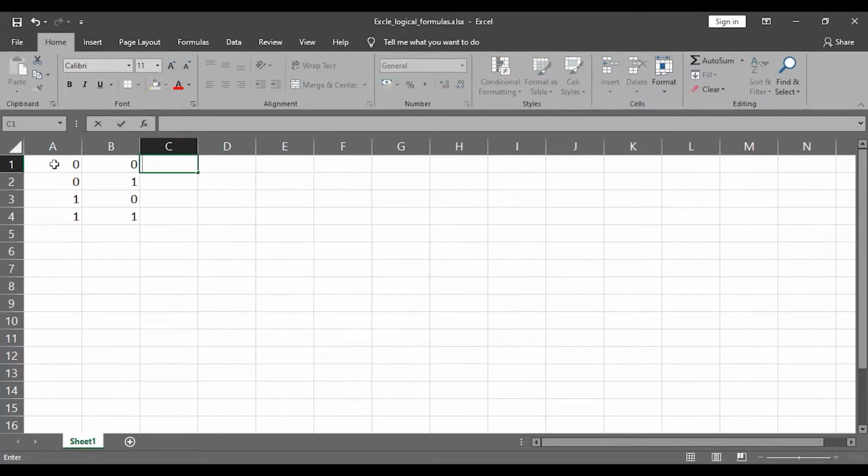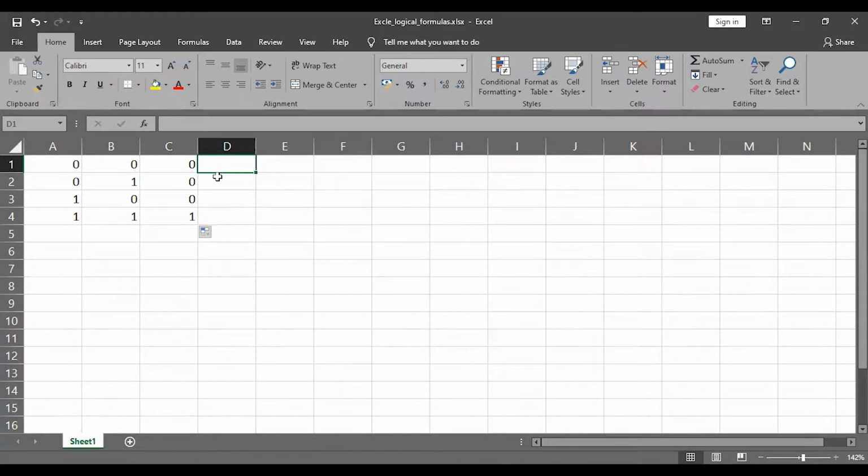So let's try to do this with the help of Excel formulas. I'm going to do A1 multiplied by B1, and it's going to give me 0. And now to complete the rest of the values, I'm going to drag it down to the last value. So an AND gate can be considered as a multiplication between the inputs.